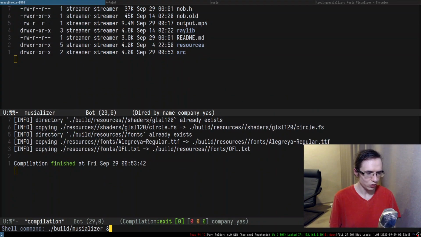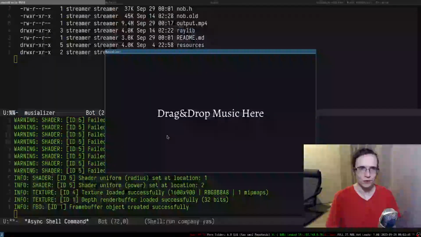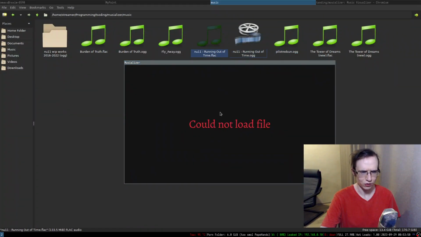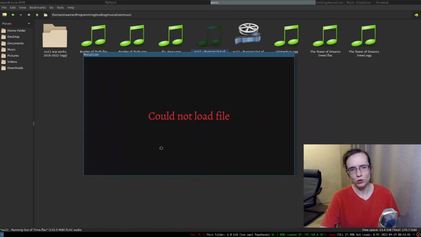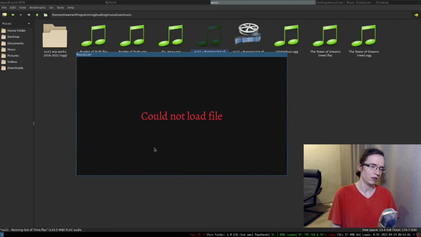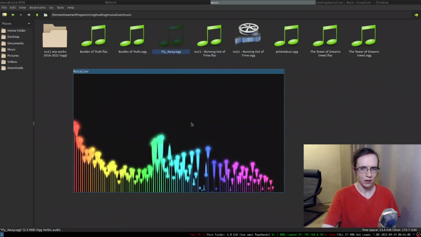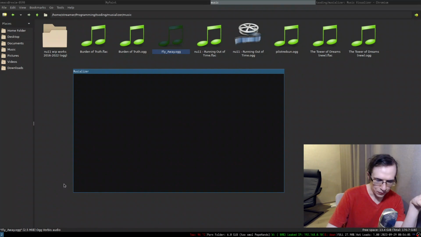So this is gonna be Visualizer, and right now, if you try to load some bogus stuff, I think this is not bogus, this one. Yeah, it will just say it could not load file, right? This is basically what it will say. And you're supposed to just try to load one more time. And if we're gonna have a list of these things,